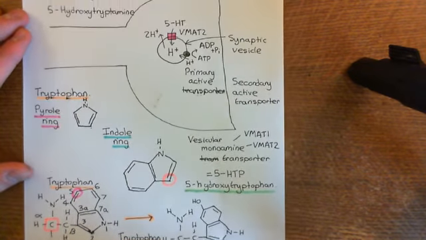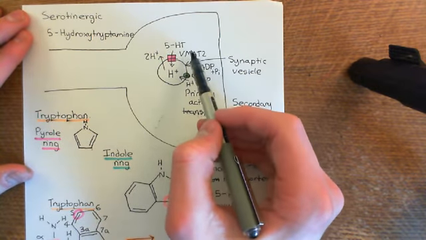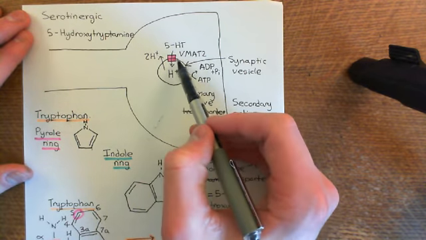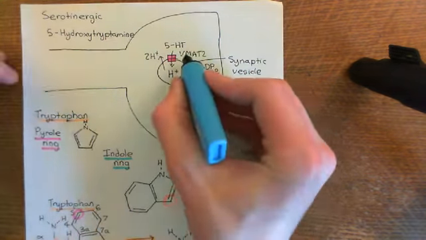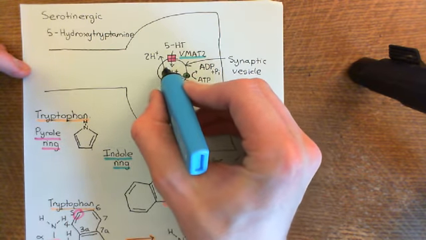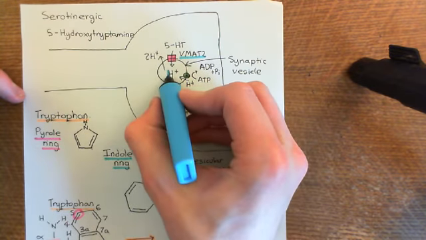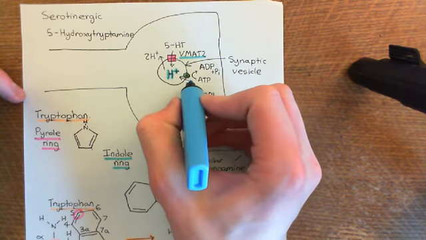Okay, right, then the 5-hydroxytryptamine that's in the cytoplasm of the axon terminal is going to be loaded into synaptic vesicles by the vesicular monoamine transporter 2, okay, which is going to move one serotonin molecule in for 2 protons moving out. Now, protons have a very high concentration in the lumen of the vesicle, and this is because they